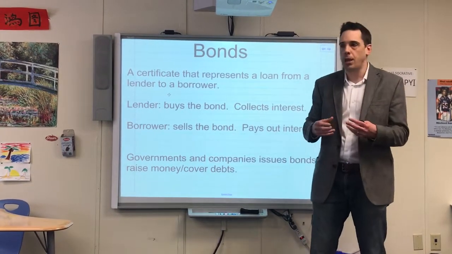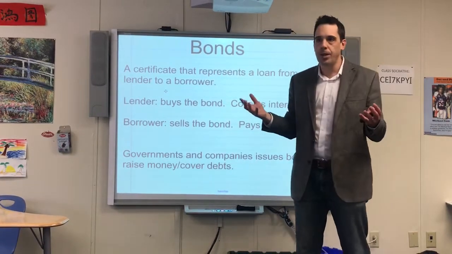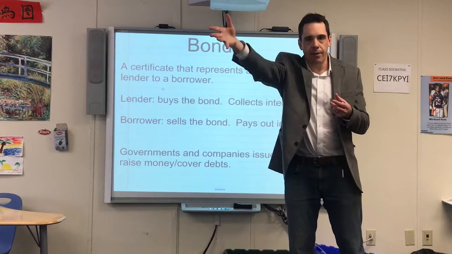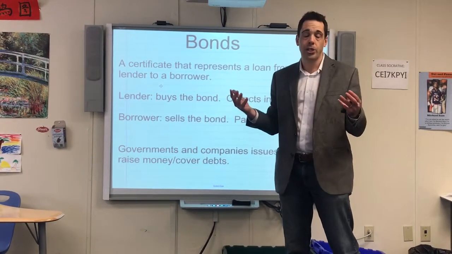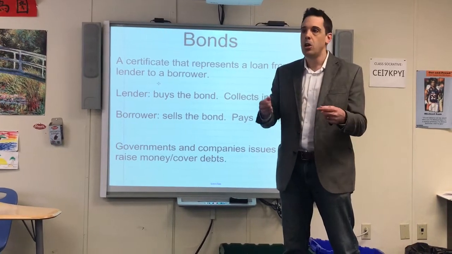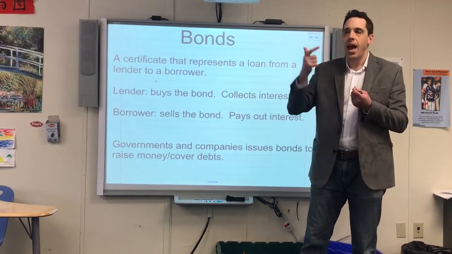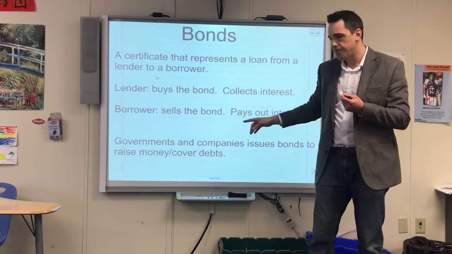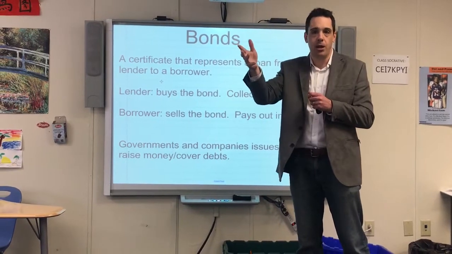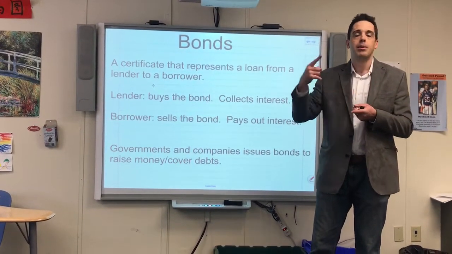When you buy something, you hand money over. Same way you would go buy pizza. I go to a pizza store, I get pizza, I give money. Bonds the same thing. If a bank or a corporation wants money, they'll issue bonds. You pay money to get the bond, now you have the bond. At some later date specified on the bond, you can exchange or return that bond for your money, your original amount, plus interest.